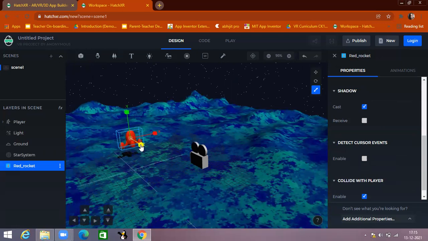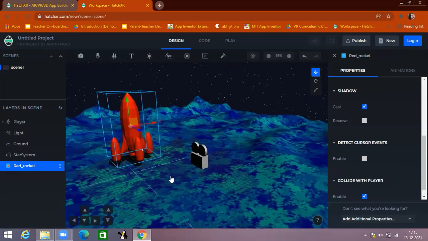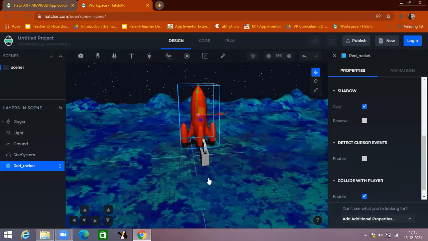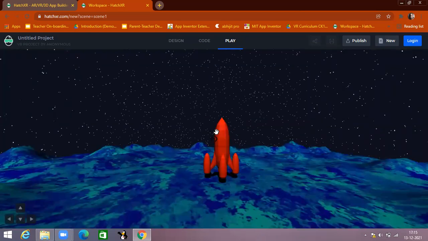Click on the scale and you can make the size big. Okay. This is our rocket. The rocket is ready and we can see how it is looking in the play mode. Our rocket is ready. Okay.